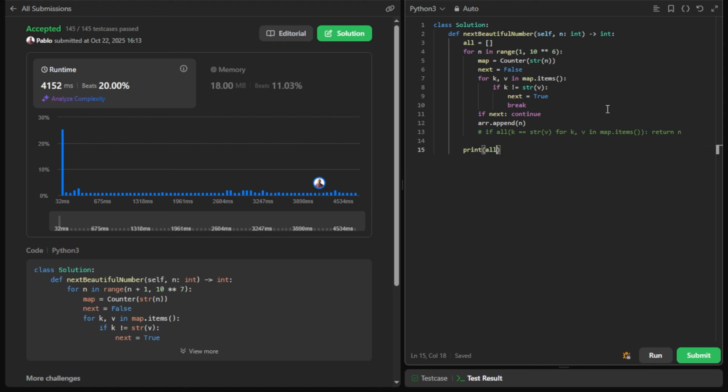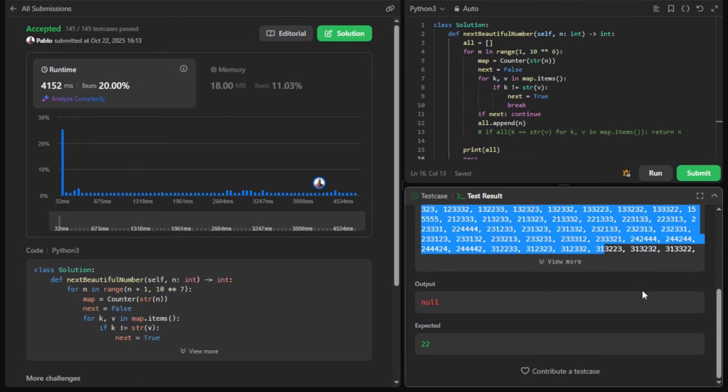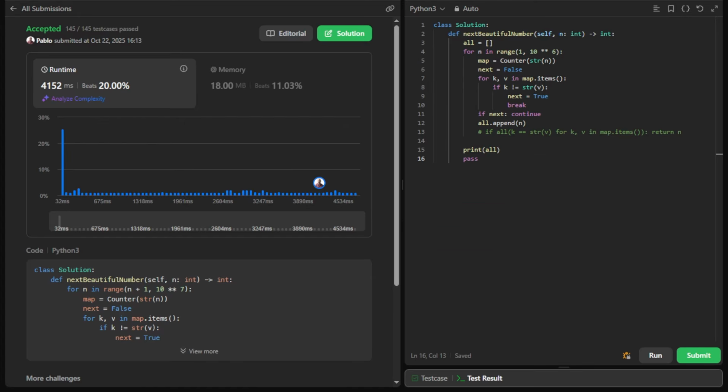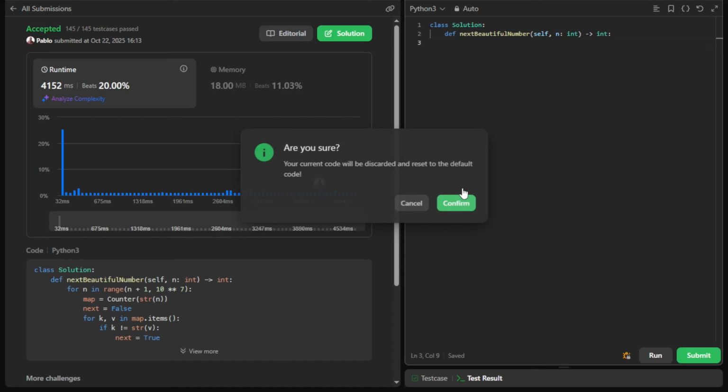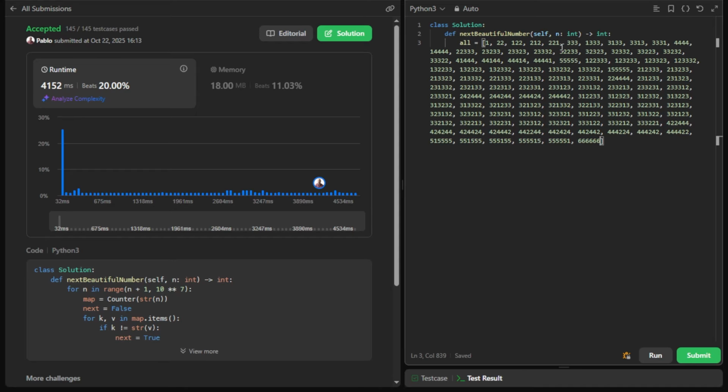Sorry, this is all, and here this is all, and now we can run this. And now here we have every numerically balanced number, so we can just copy this thing and we clear this. And here we can say all is this, and there's one more number we need to add here, which is